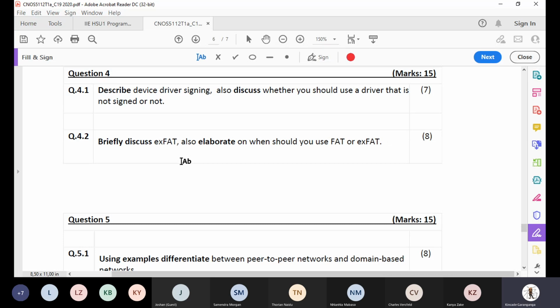So that's the catch there when you look at that type of question. When it says discuss, you're looking at pros and cons in that regard, as far as setups would go. And then also putting up your contribution at the end to say, okay, look, I'd rather go with a signed one, or I'd rather go with an unsigned one, and then give your reasoning